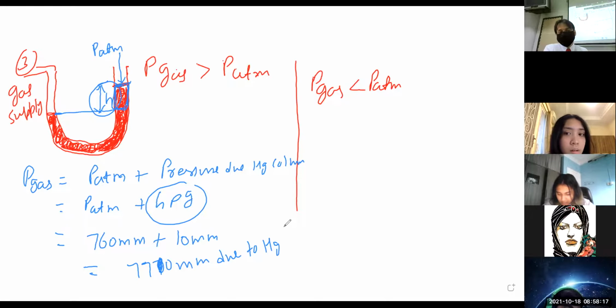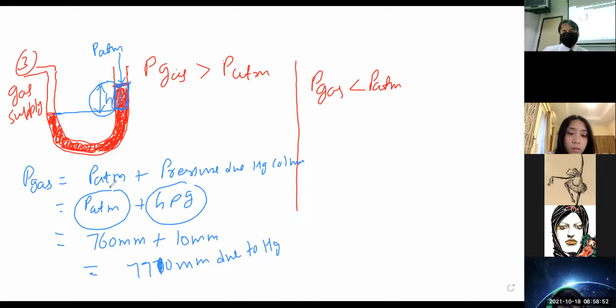Now come to the sub part of the case number 3. Sir, could you please re-explain the part where the pressure of the atmosphere is 760 millimeters? Atmospheric pressure, we know from the general value, is 760 millimeter of mercury. If it is given as 760 millimeter of mercury, 730, 720, whatever the value is given, sometimes this pressure may be in terms of pascals, and if it is in pascal, this is 10 to the power 5. So if it is in terms of pascals, then you can write H rho G.